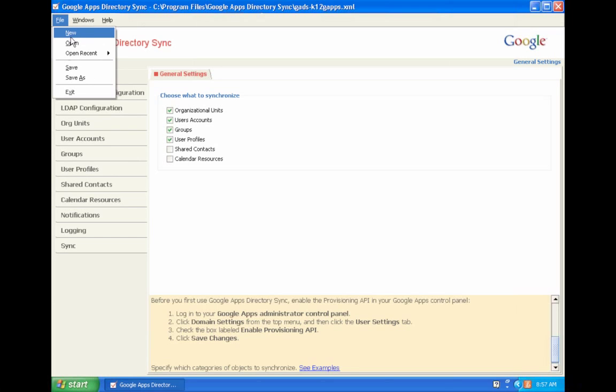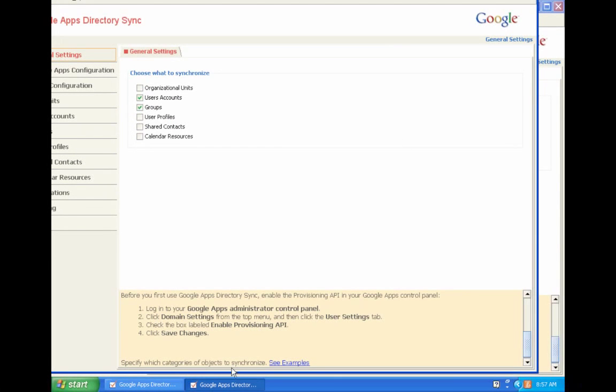and my machine's acting a little slow here, but you'll see it will come up and it will only have user accounts and groups highlighted for me to start. Now I see my Google Apps Directory Sync's not going to play nicely with me today. There it goes. So we see that it brought up 2, and I've got Google Apps user accounts and groups